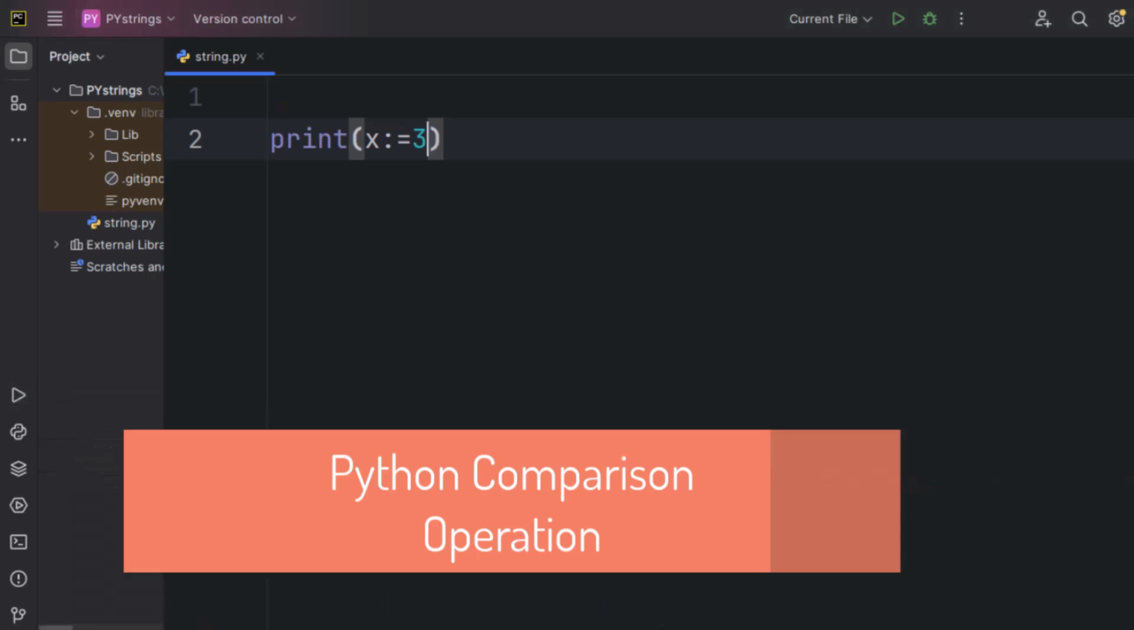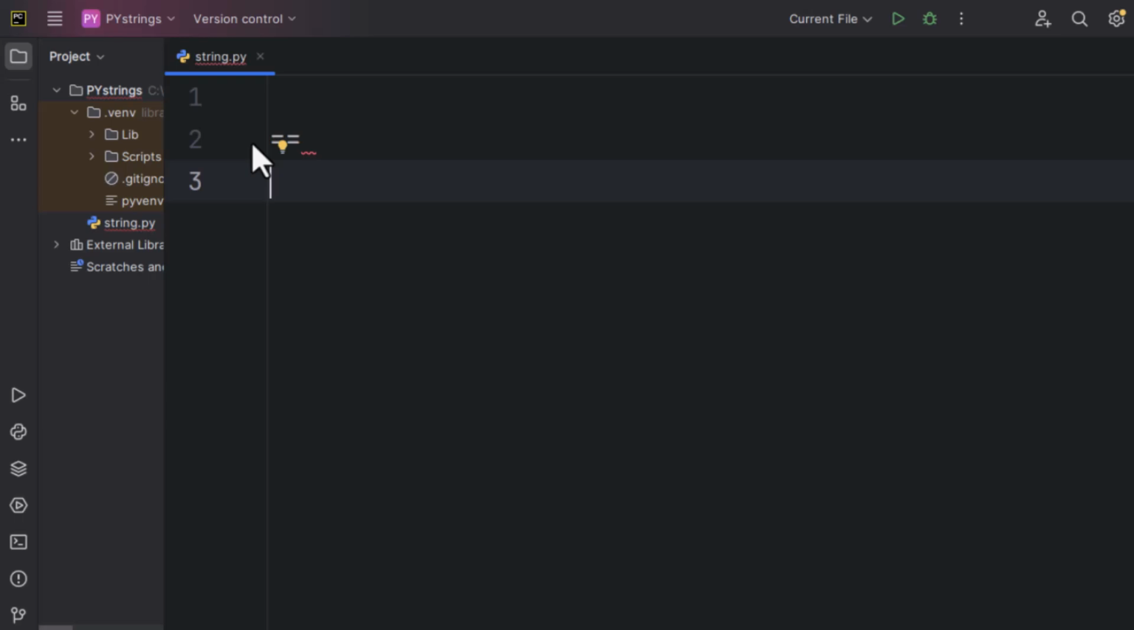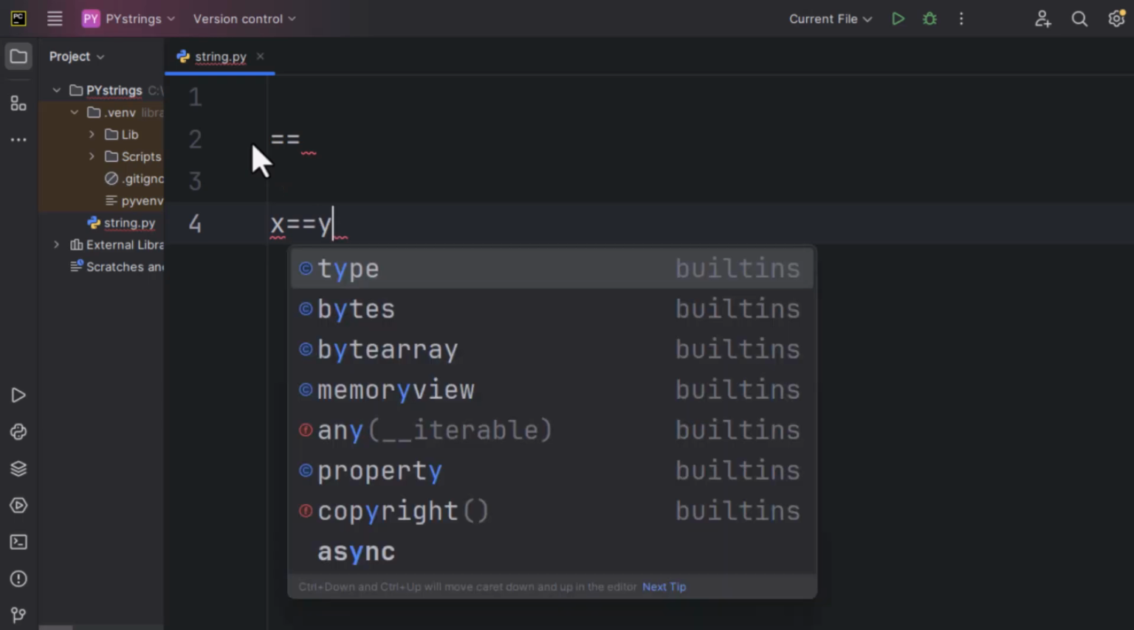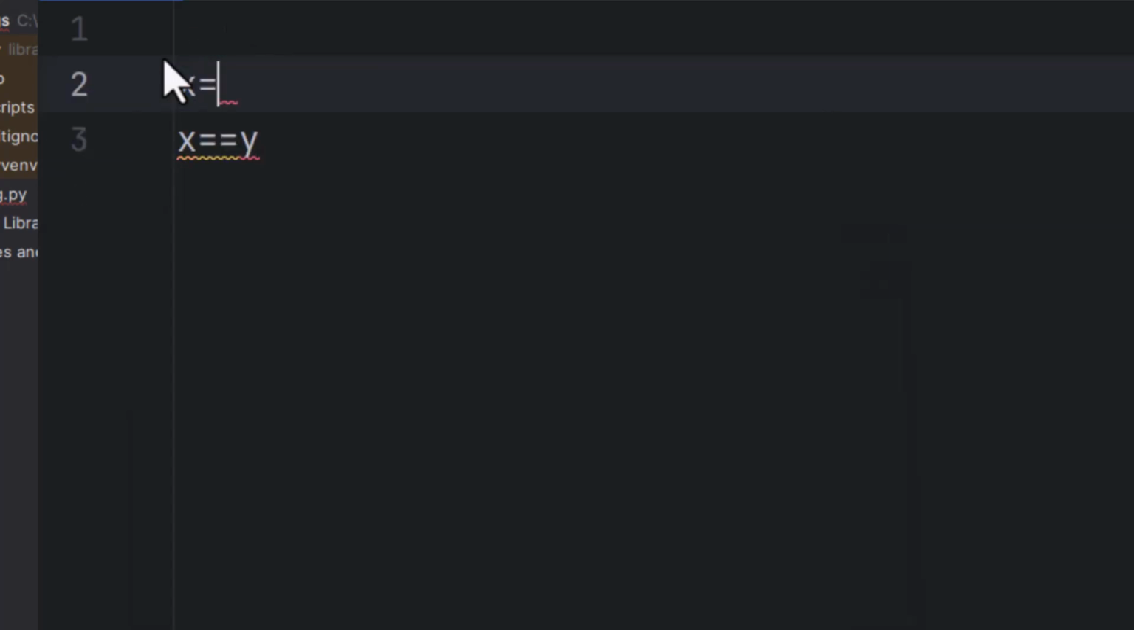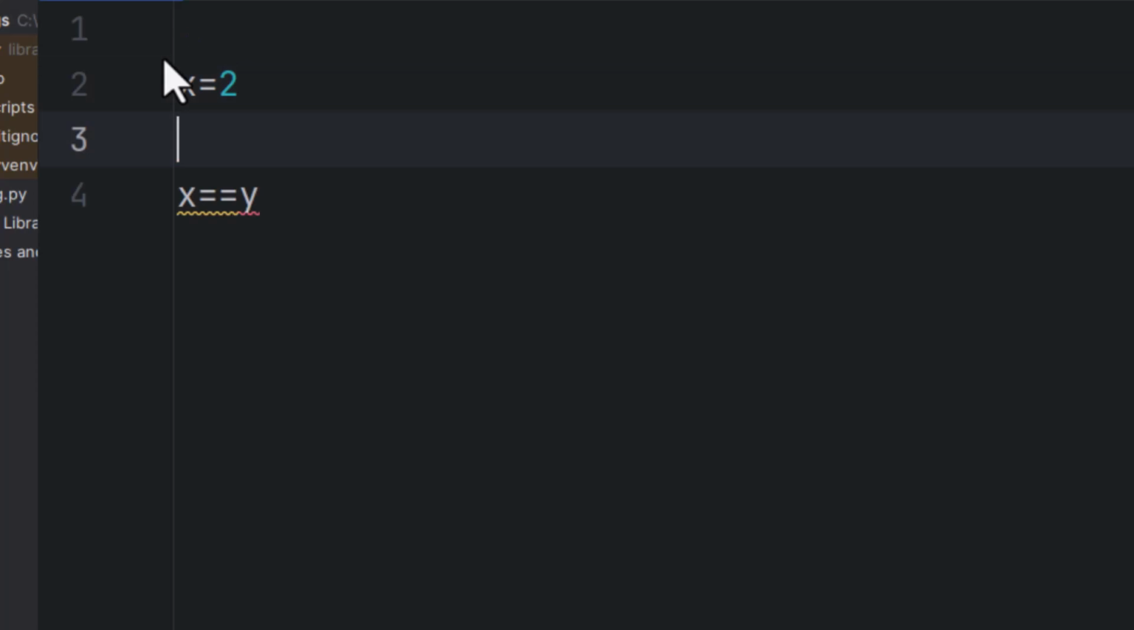So let's talk about Python comparison operators. Comparison operators are used to compare 2 values. For example, the first operator here is the double equal sign. So where do we use this? We can say that x is equal to y. You can use that operator to compare 2 numbers. So we can assign this first of all: x is equal to, let's say, 2, and y is equal to 1. So we can compare these 2 numbers